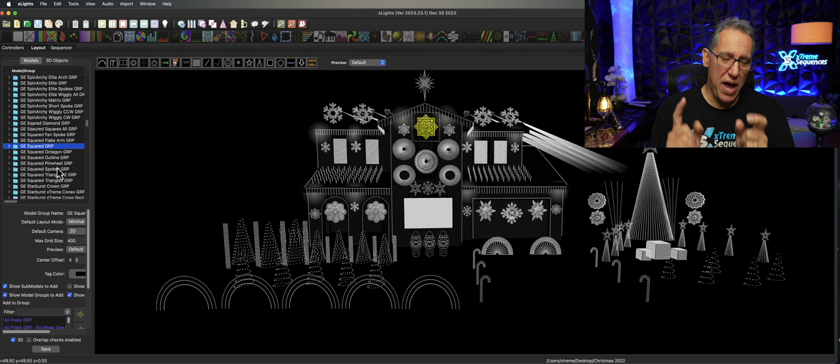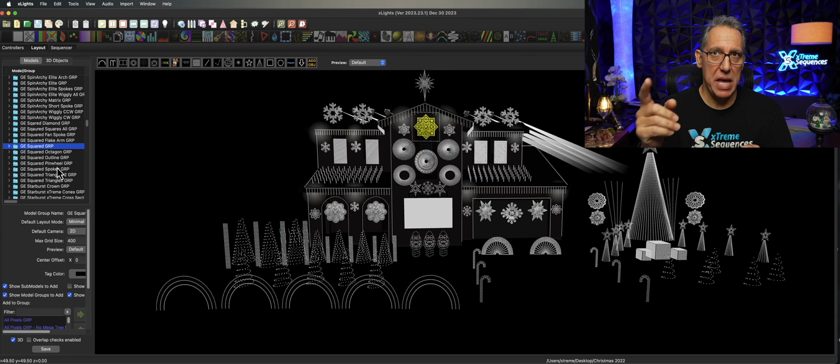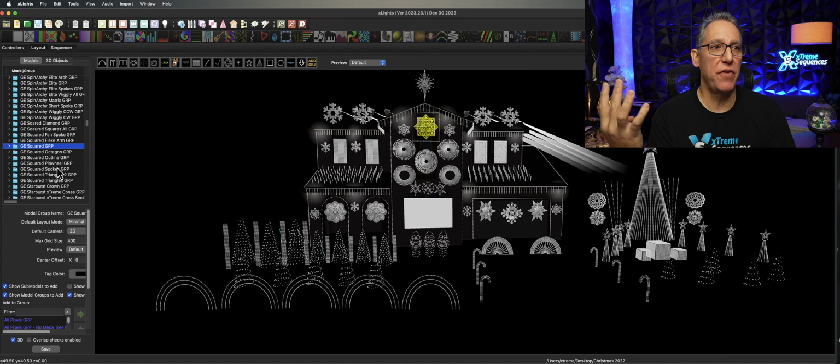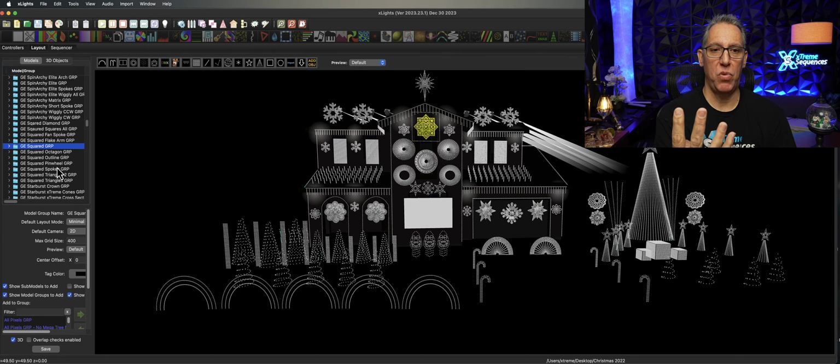But here's where you have to be careful. If I import a model, let's say I import 4 models from my newest world, Christmas 2024. If I import 4 models that are brand new, that I have made changes to the submodel, it's going to bring those 4 models in. Now I have 4 additional models.